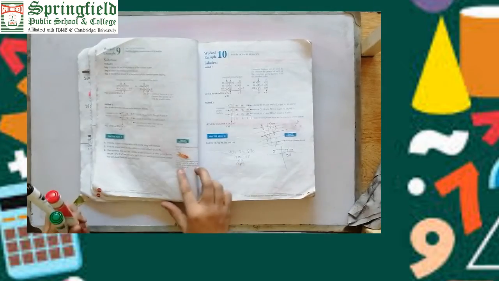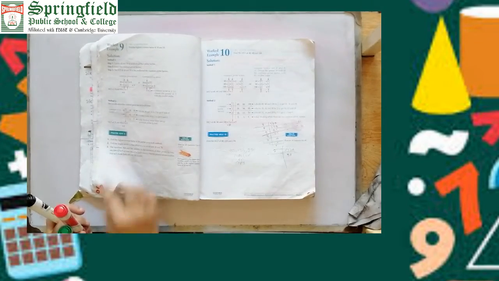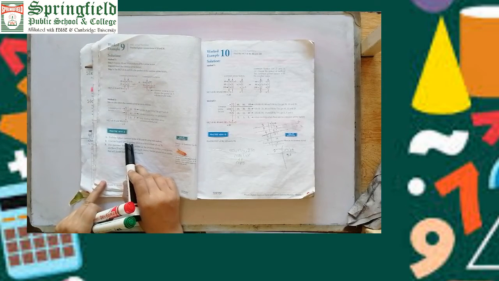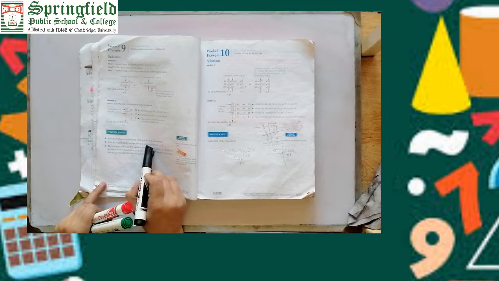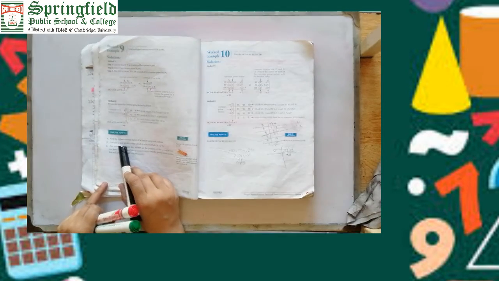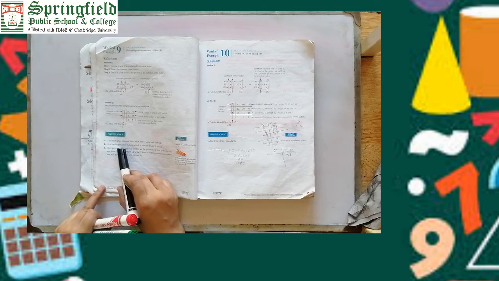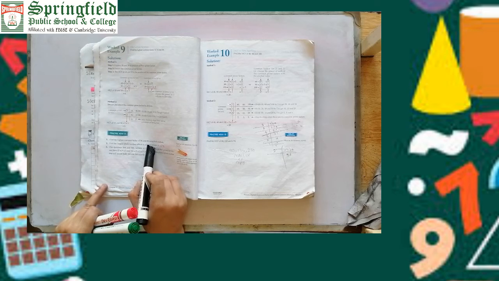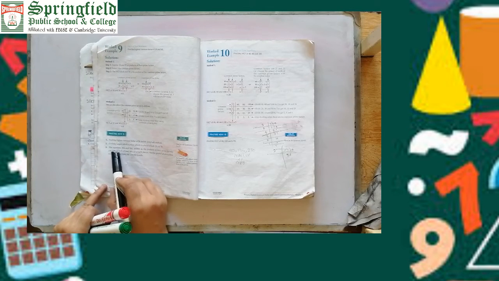Okay, now come to the practice now questions. Question number 1, they are saying find the HCF, highest common factor, of 56 and 84 using both methods. Highest common factor means they are asking about the HCF. Now it's your task, do this question in your notebook. Fine, beta? Okay, now come to question number 2.